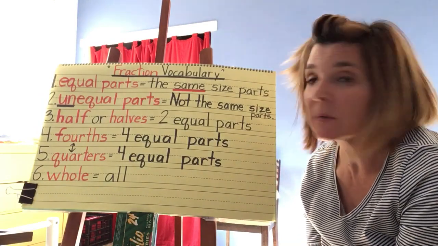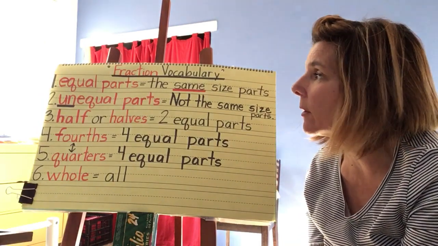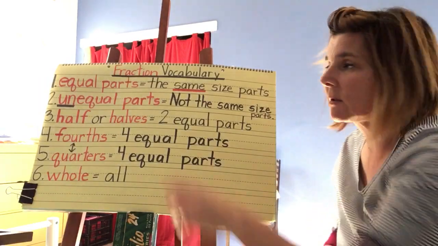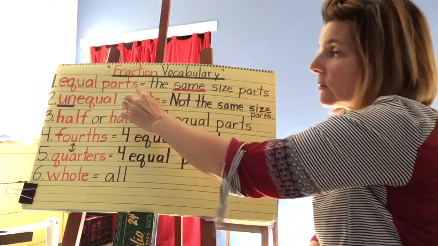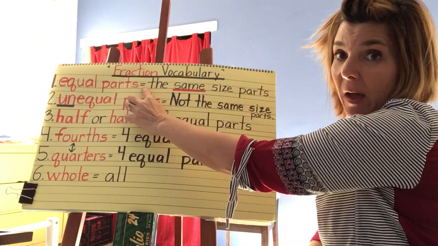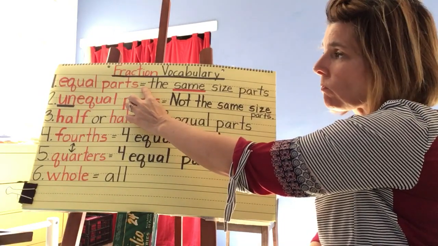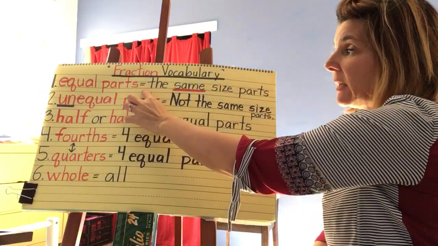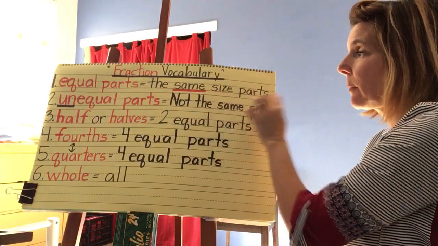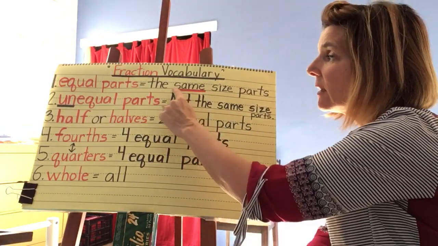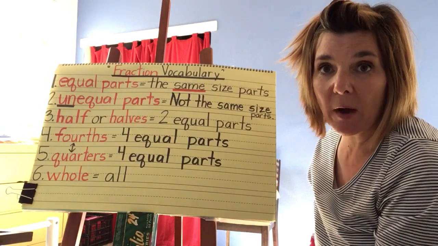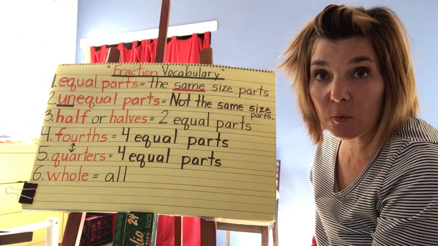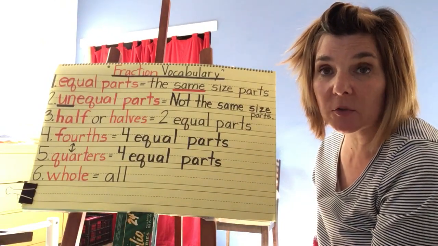Okay, so let's start with number 1, the vocabulary word, equal parts. Do you see that? Equal parts. And remember what that is? That's the math symbol for equals. Equal parts means the same size parts. So equal means same. When you have a shape that has equal parts, that means the parts are all the